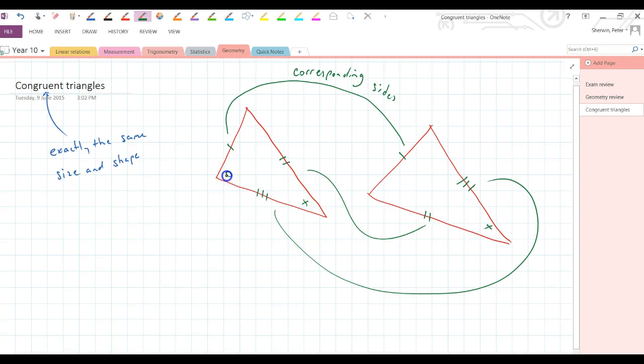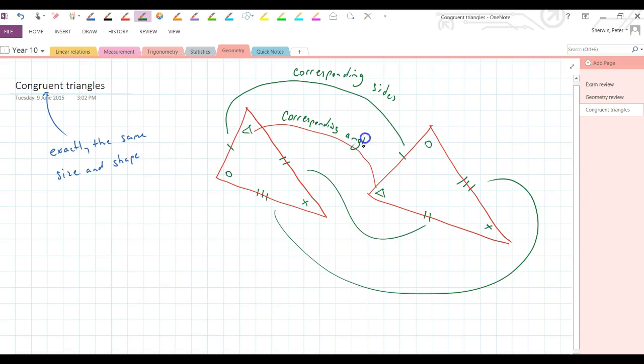This angle here opposite the two strokes is corresponding to that angle there. And finally, this angle in here and this angle here are corresponding angles. So let's just get some of this language straightened out so that we're all okay. That is referring to corresponding